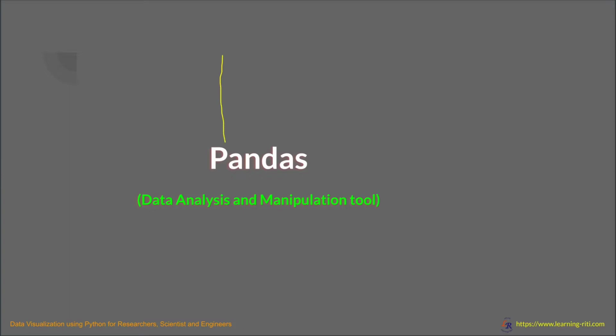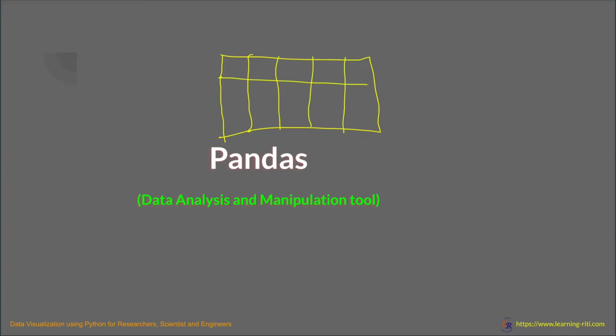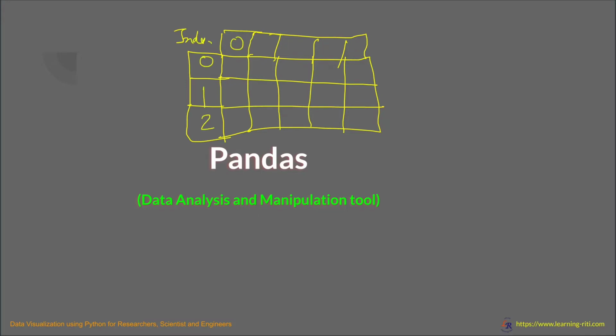So you can think of a DataFrame as a tabular form, something like this. Let's say these are your columns, and these are your rows where your data will be filled in. And the additional part in a DataFrame is that it has an index along with it. So these are the column index, and this is the row index. Here you will start 0, 1, 2, and again for the columns 0, 1, 2, 3. So this is your DataFrame.